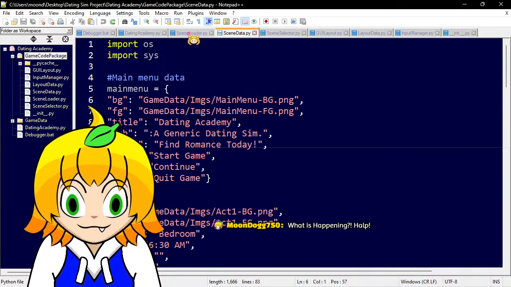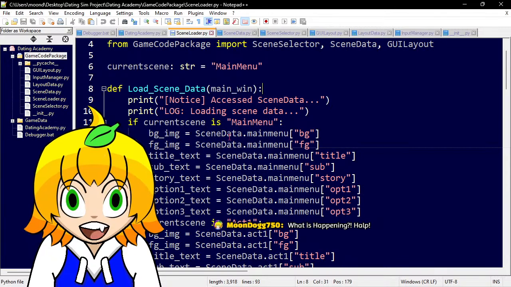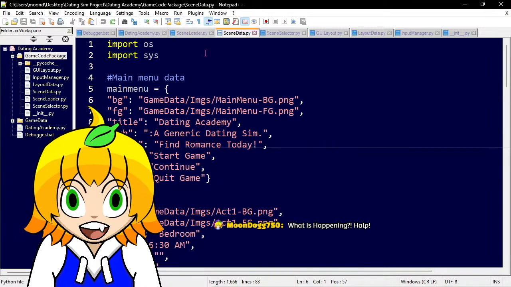So it goes into scene data, and it asks for a main menu dictionary, and then it asks for the data tagged with BG. So we go into the scene data, main menu dictionary, BG tag.